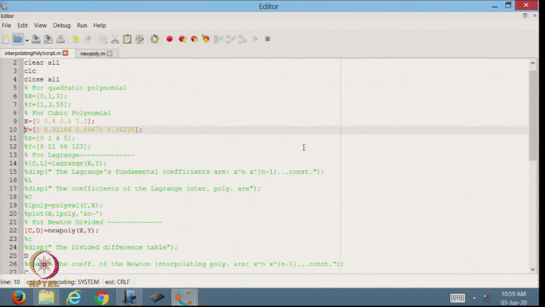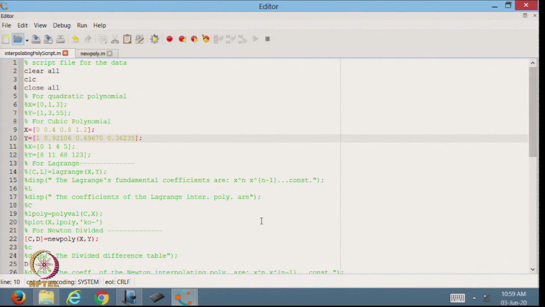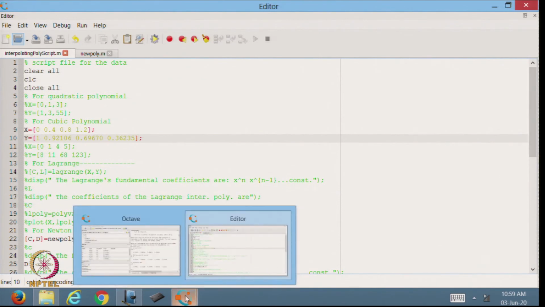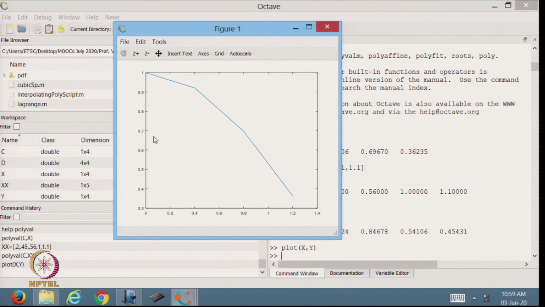I can also take another example, and now somebody asked me that suppose we want to plot this function. So let us try to plot this also. So this is the value of x. I just plot this for the corresponding x and corresponding y. So this is my x, and this is the value we are getting. It is showing that if I have the value of x and y, and I try to plot that, then it gives you these values.